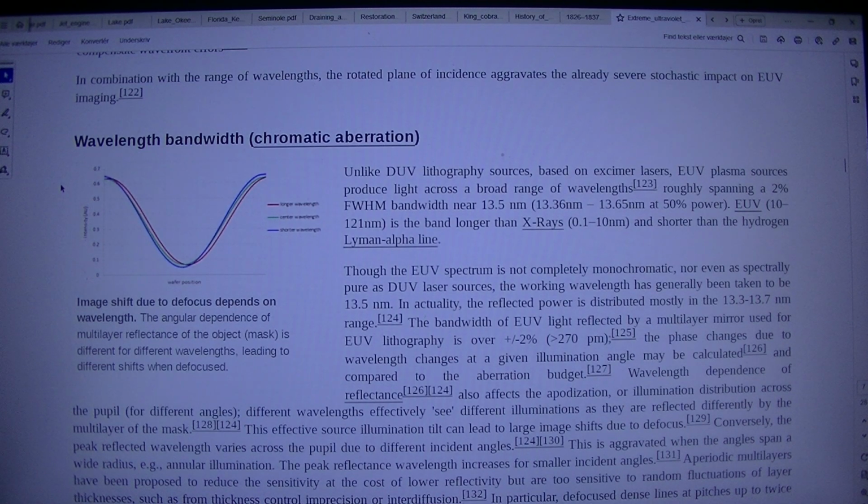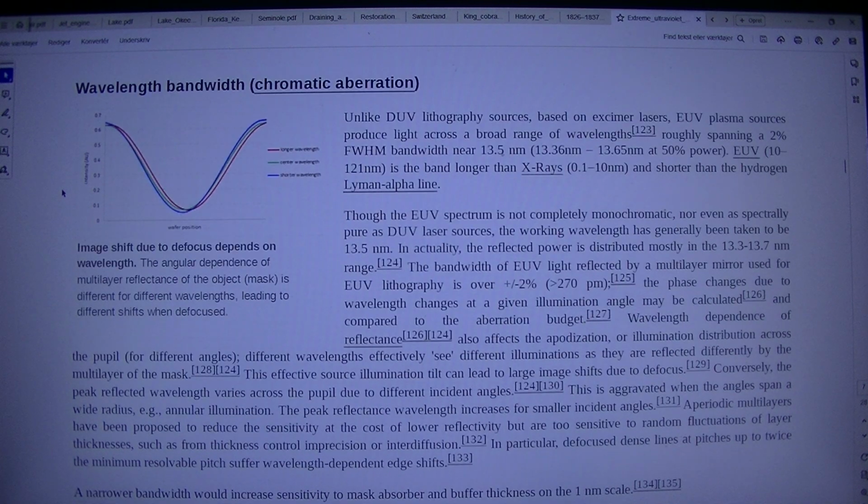122. Wavelength bandwidth, chromatic aberration. Image shift due to defocus depends on wavelength. The angular dependence of multilayer reflectance of the object, the mask, is different for different wavelengths, leading to different shifts when defocused. Unlike DUV lithography sources based on excimer lasers, EUV plasma sources produce light across a broad range of wavelengths. 123. Roughly spanning a 2% FWHM bandwidth near 13.5 nm,